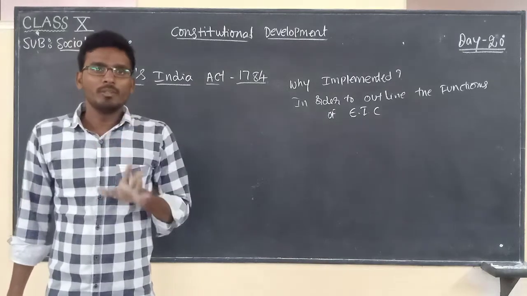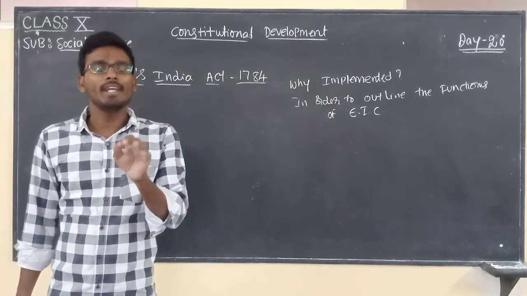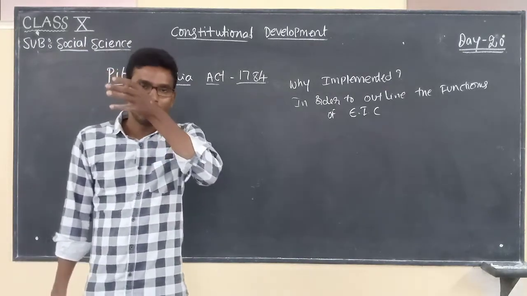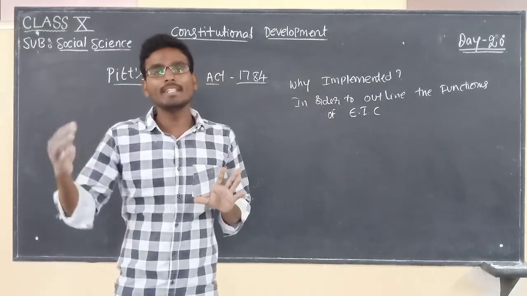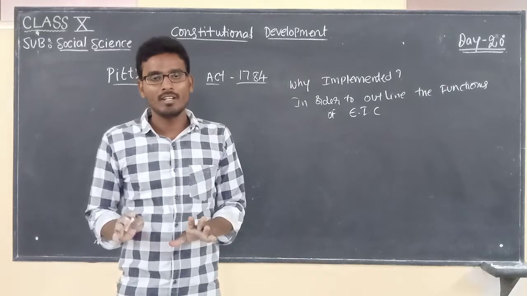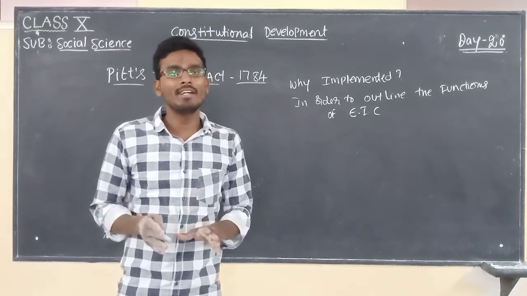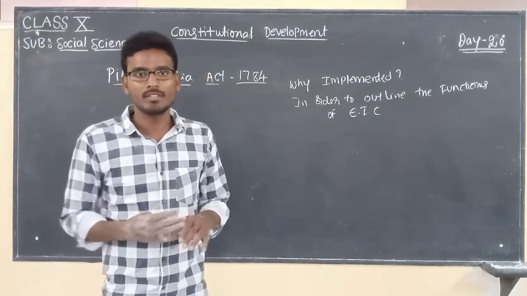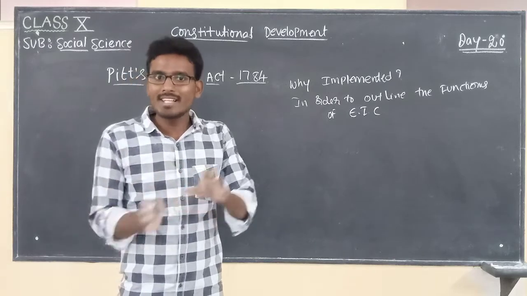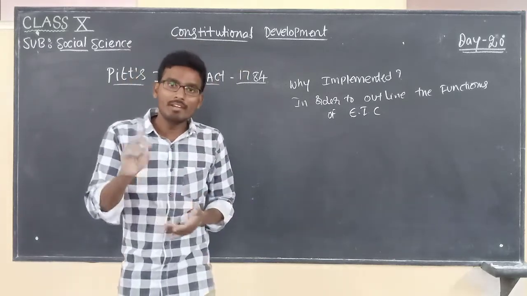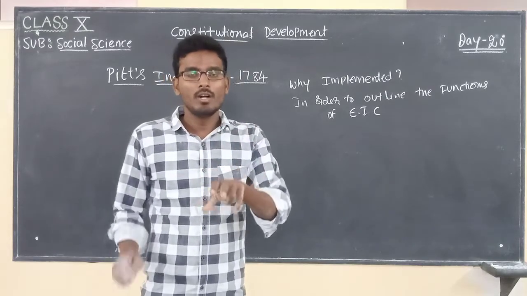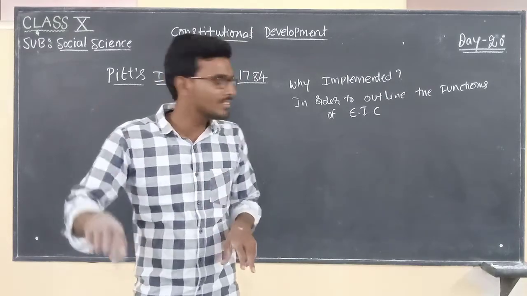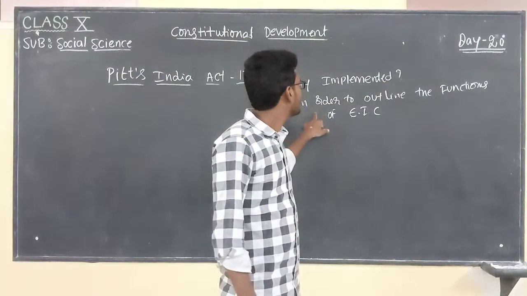Once again I am saying to you, British East India Company is just like a trade company. It doesn't have any power over India. But the British East India Company officials are doing some illegal activities and they are becoming more corrupt. So now we discussed the Regulating Act. Even though there are some inconsistencies in the Regulating Act, to rectify those inconsistencies and to outline